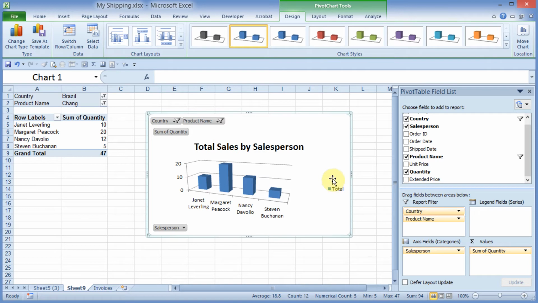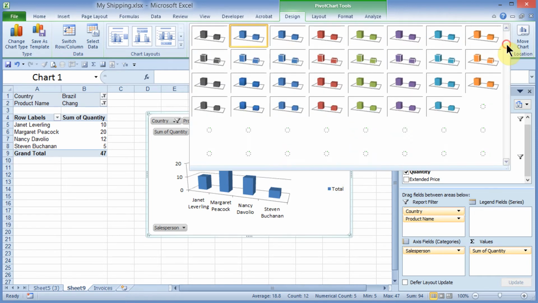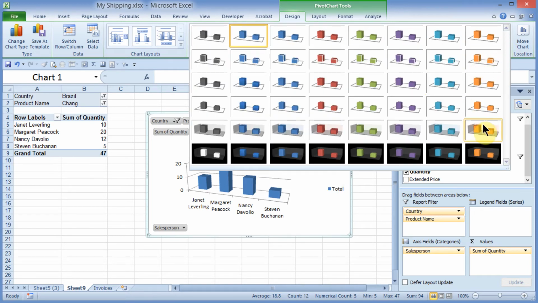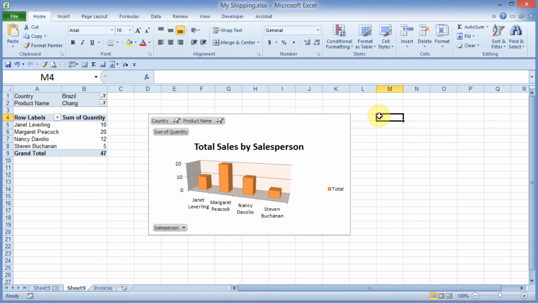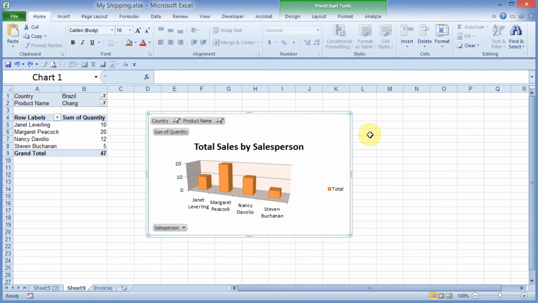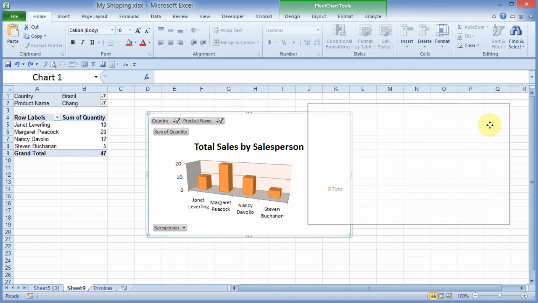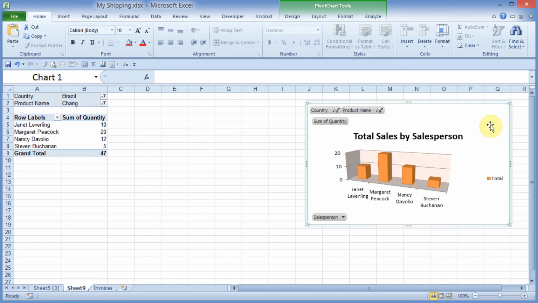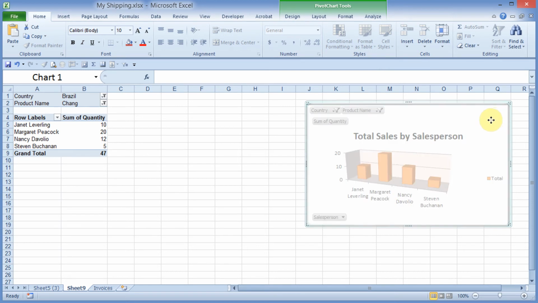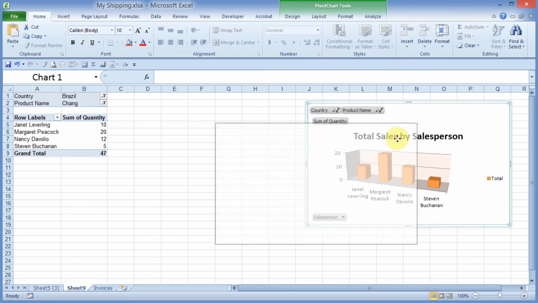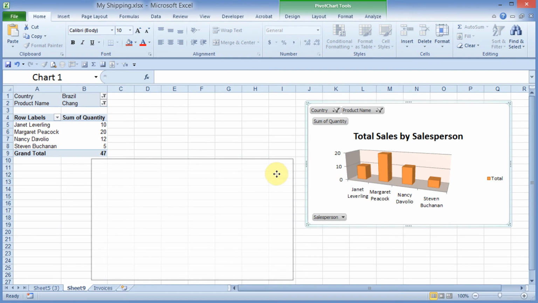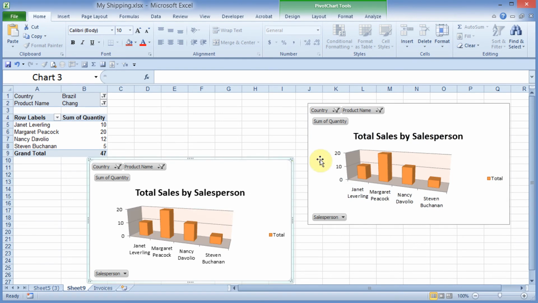Under Chart Styles, in the More button, I'll come down here and choose a different color scheme for my chart. If I'd like to see two different styles of charts representing the data, I could grab the chart, possibly maybe move it over to another side of my spreadsheet. I will come out here on the top left corner. I will hold down the chart and drag, and as I drag, I'll hold down my Control key. I will let go of my mouse first, then my Control key,